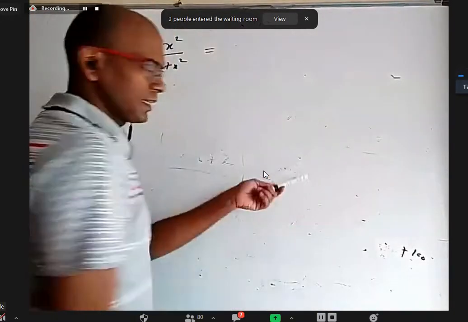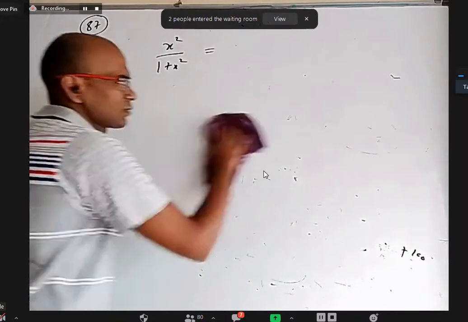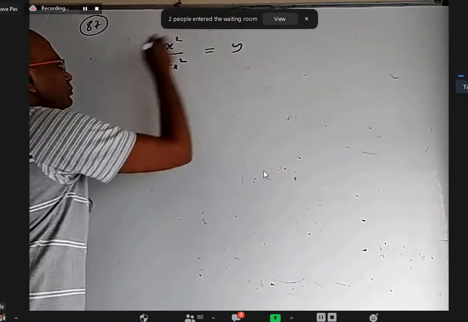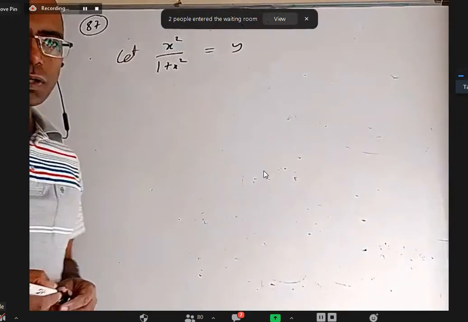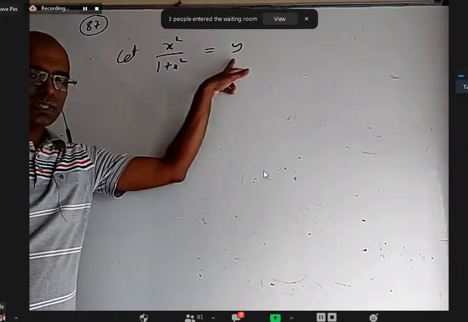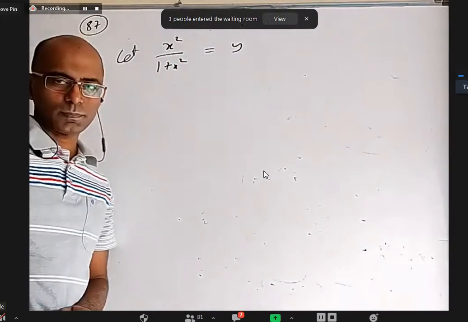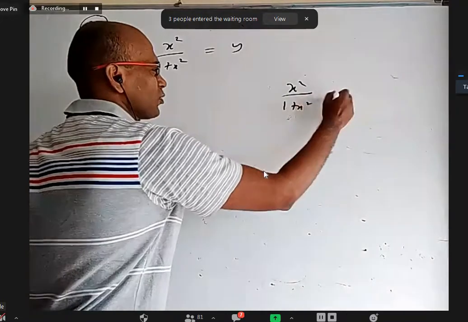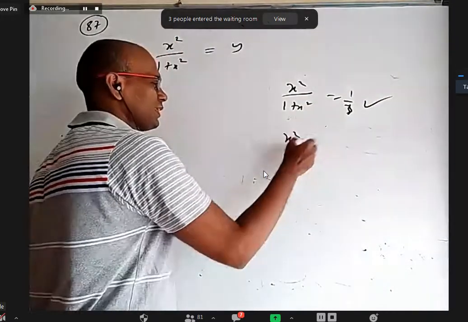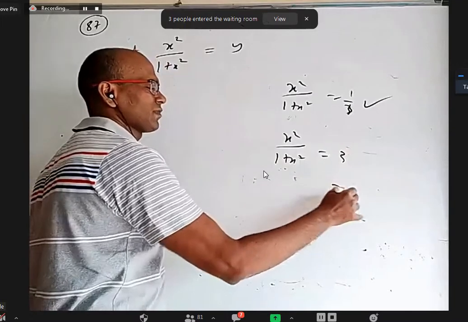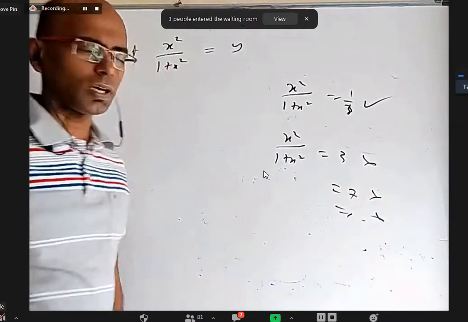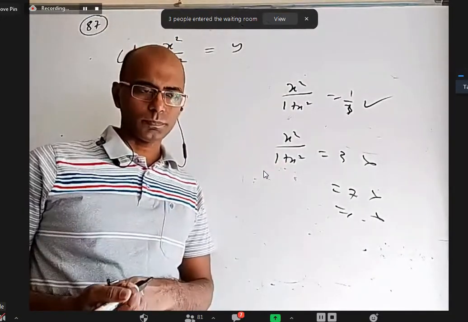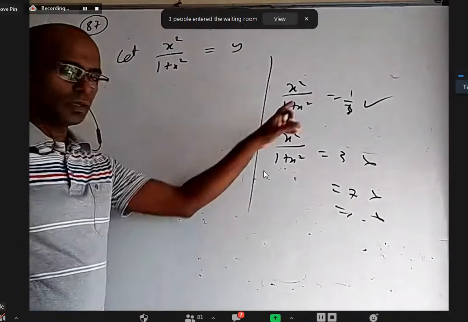I'm just giving some hint about how to find the range of at least some kinds of functions. So coming to this, I'm going to take this equal to y. What I want to do is find for what y values I'll get acceptable values for x. For example, I gave already x square by 1 plus x square. When I took 1 by 3, I'll get some solution. But when I take x square by 1 plus x square equal to 3 or 7 or 9, I will not get any solutions, because here I am getting x square equal to a positive number, whereas there I am getting x square equal to a negative number. You're able to understand that, right?